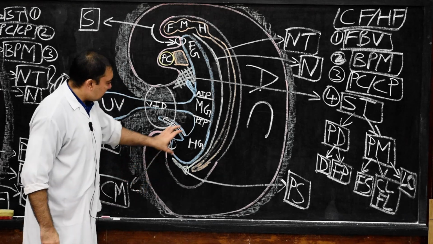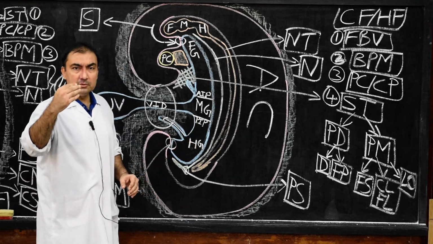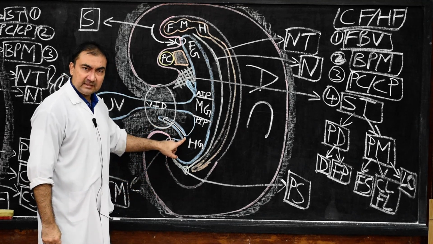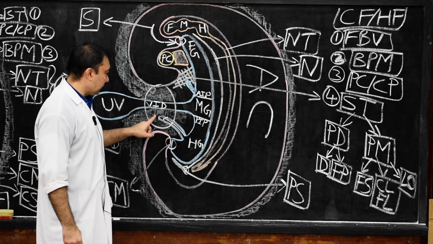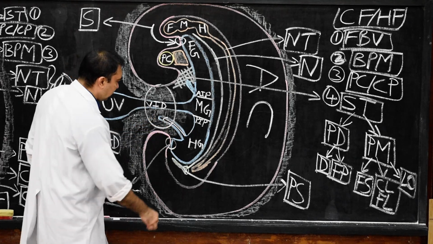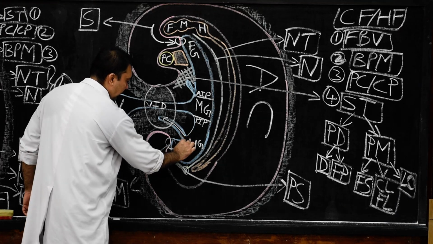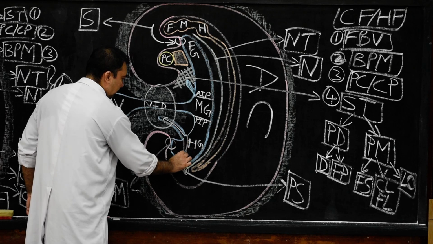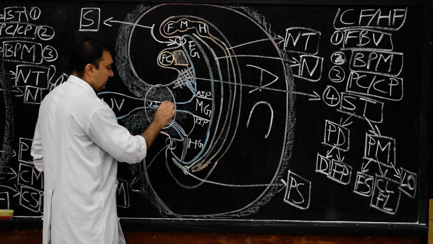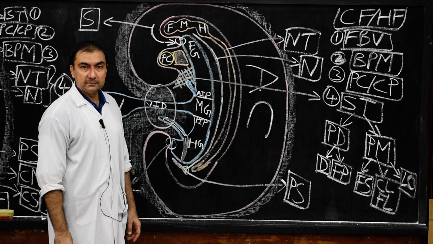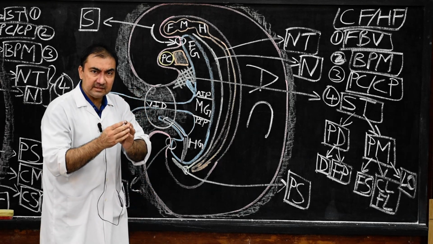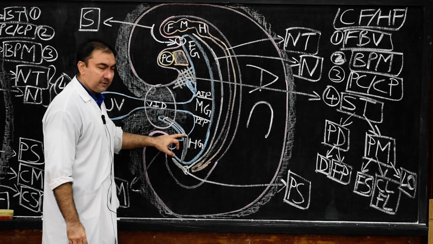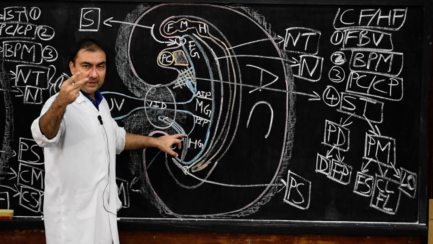Now, the entire hind gut will be divided into 2 parts by the allantoic diverticulum. This is the allantoic diverticulum, later on it forms the urachus, but this allantoic diverticulum will have the urorectal septum. This urorectal septum will pass inferiorly in the hind gut. But before the development of the urorectal septum, try and understand the entire hind gut, because of the attachment of the allantoic diverticulum, is divided into 2 parts in the tail fold.